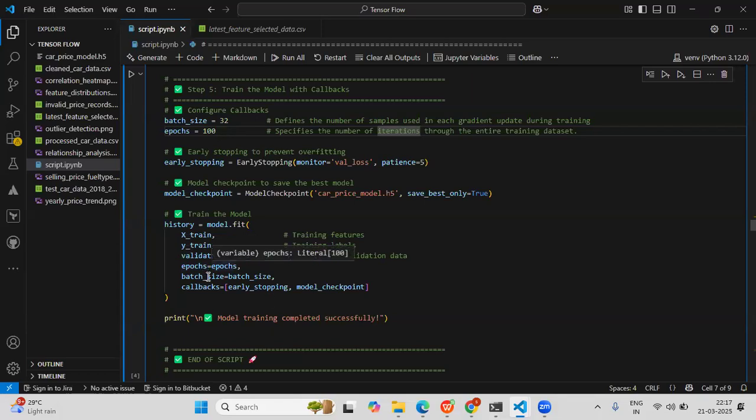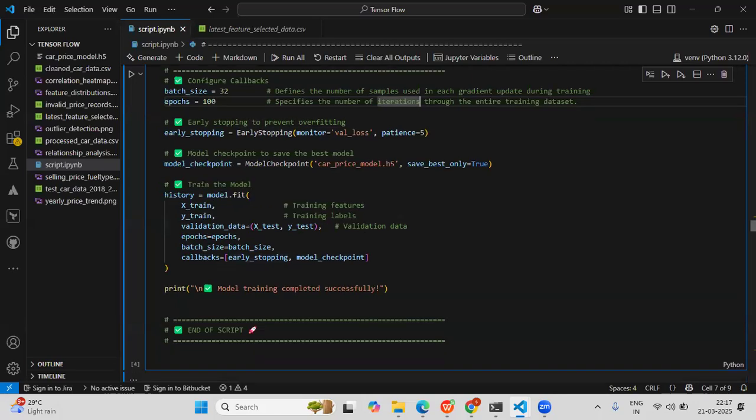Then batch size, we already saw, is 32, the number of samples in each gradient update during training. And for the callbacks, we mentioned early stopping and model checkpoint. Early stopping will stop the model whenever it stops improving. Model checkpoint is for the best version of the model. So finally, we have trained the model with callback techniques.